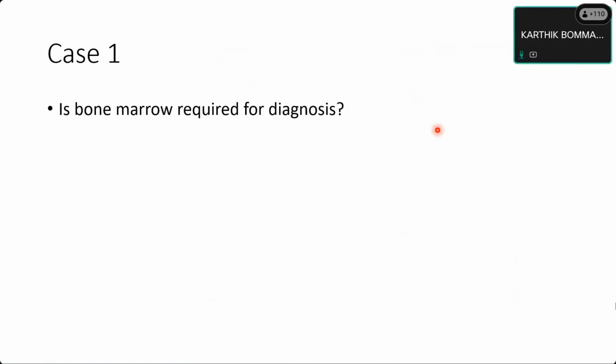So is bone marrow required for diagnosing CLL? No. Okay, good. Right. Yes, bone marrow is not needed. Once you diagnose a case, what is the diagnostic criteria for chronic lymphocytic leukemia? If you're having